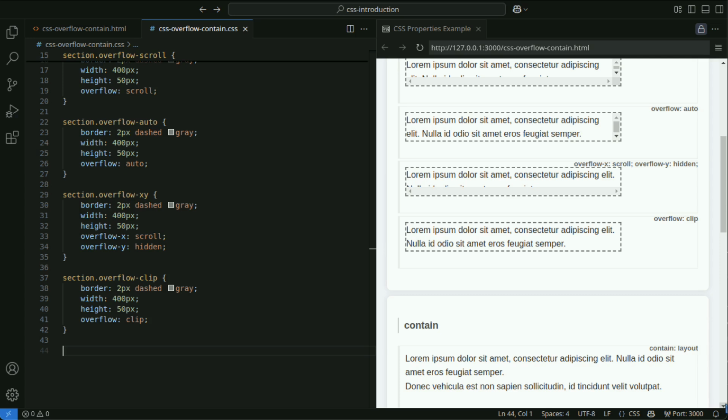The CSS overflow property is an essential tool for controlling the display of content in web design. By managing situations where content exceeds the element's box and by applying proper scroll bars or clipping, it provides users with a more user-friendly interface. Furthermore, using overflow X and overflow Y allows for fine-tuned control.